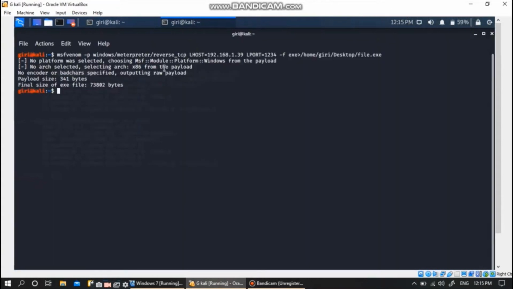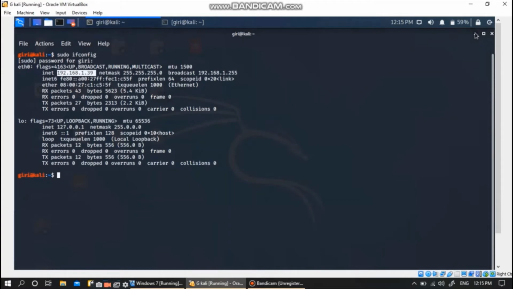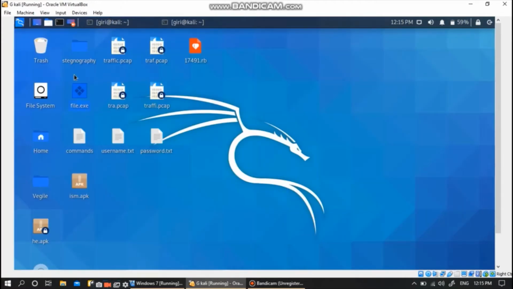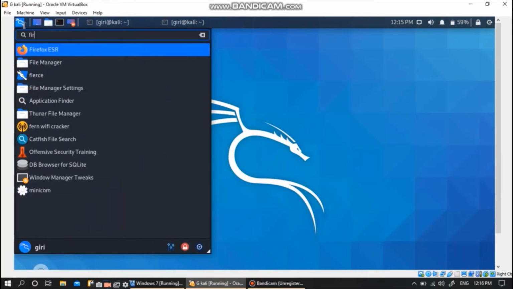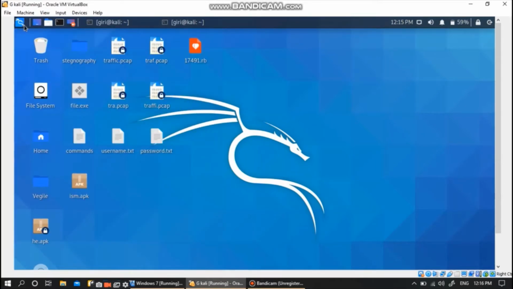Yes. So this file is created and it is there on the desktop now. From this desktop we are going to save this file in the drive and we'll be downloading it on the victim system, that is the Windows 7 victim system which contains the Windows 7 OS.